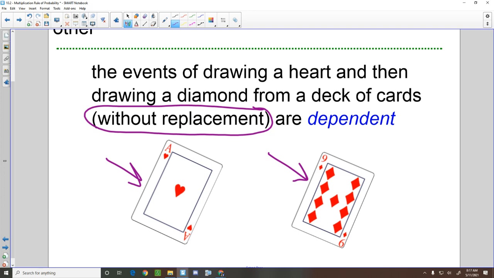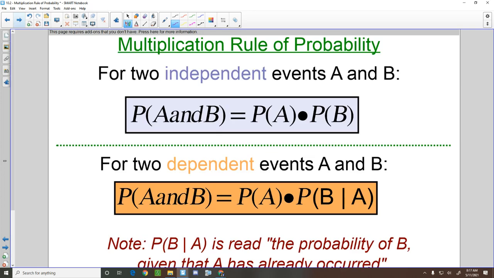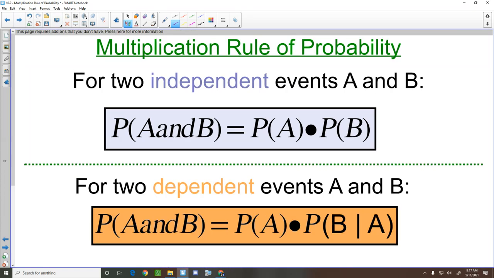So that's the two different types of events, independent and dependent events. And based on which type of probability is occurring, tells us which probability rule we would use. Let me make this a little bigger for you. So here's your multiplication rule. Just like that addition rule, two different formulas based on events being mutually exclusive or not, the multiplication rule also has two formulas, and you're going to pick your formula based on